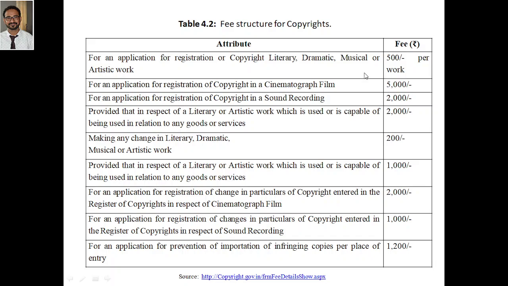So you just have to remember the first 4 things, and the next 4 things are the same, but with changes, and the last one is different. So in total 5 things you should remember.